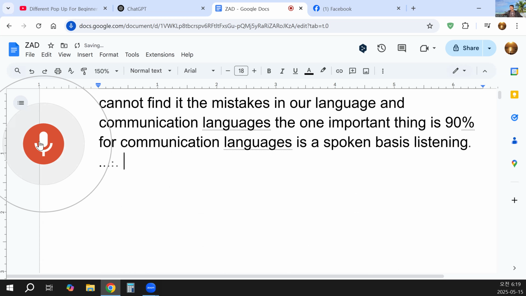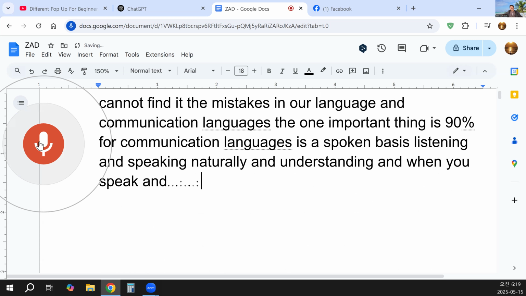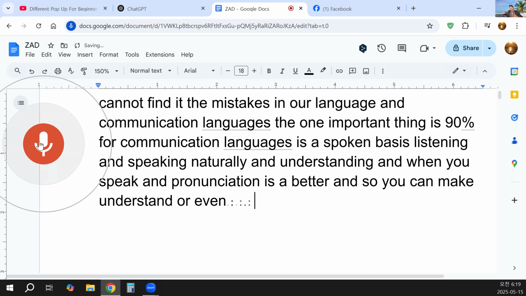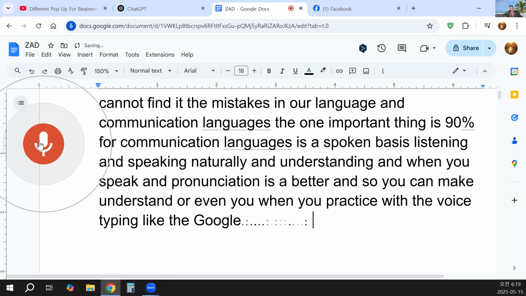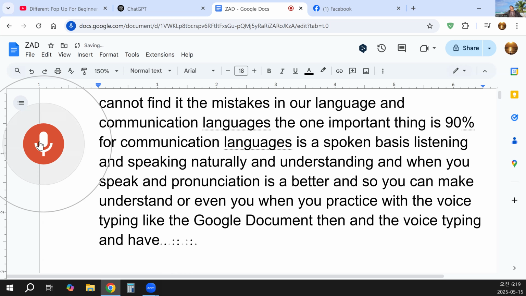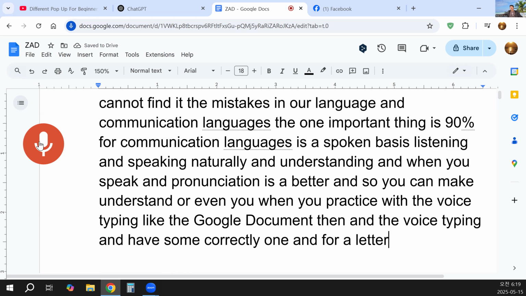Listening and speaking naturally, and then understanding, and when your pronunciation is better, you can make yourself understood. Even when you practice with voice typing, like in Google Docs, if it is recorded correctly more than 70%, that is the better way.